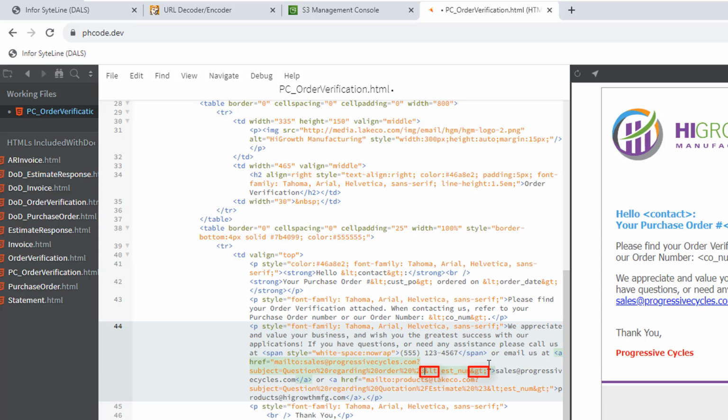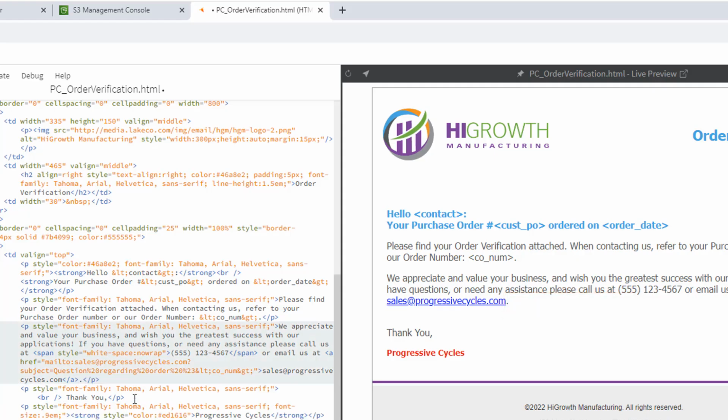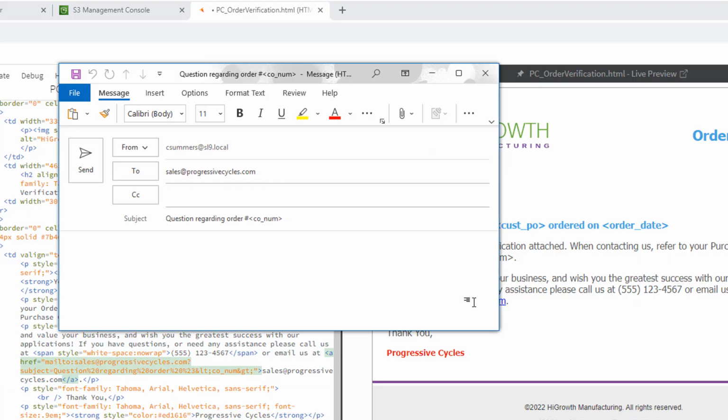So the easiest way to fix this is to change the EST to CO. Also, let's delete the reference to the second email link. Now when I select the link, we can see that it's just the way we want it.